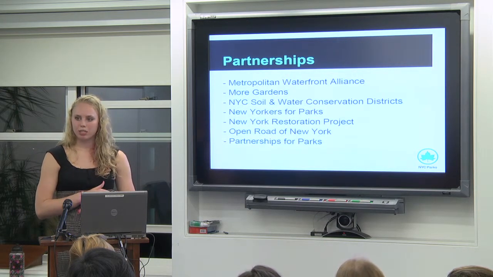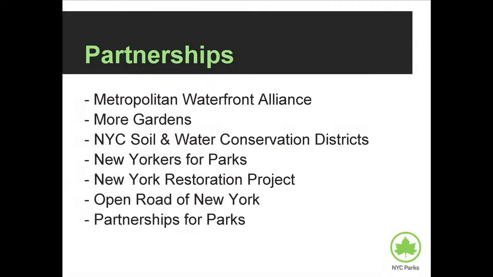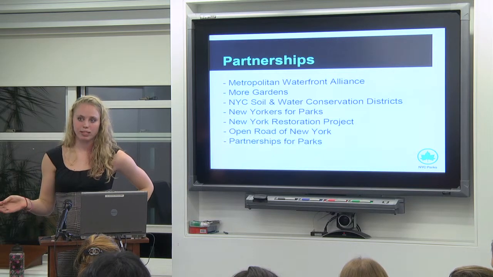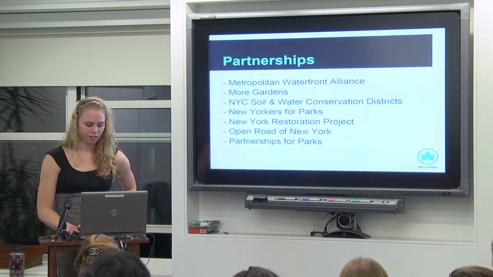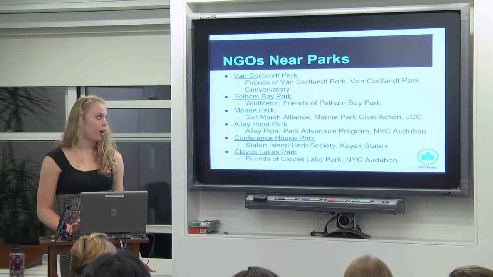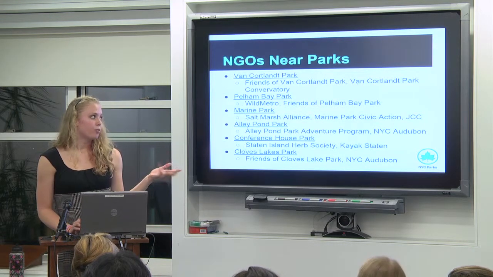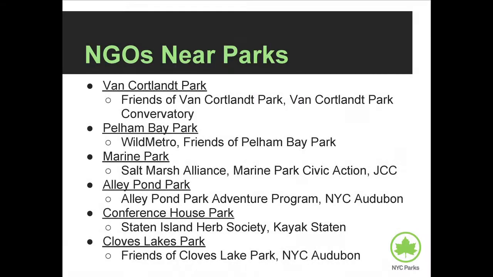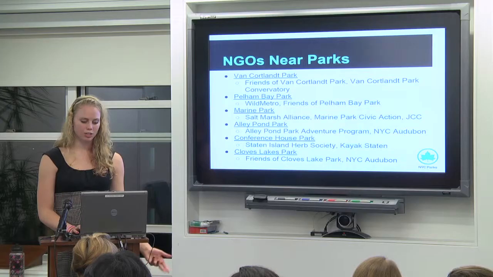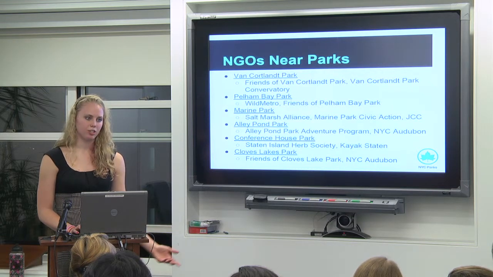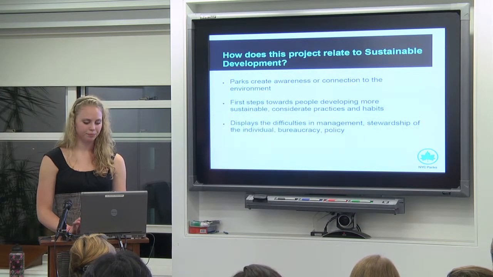Another deliverable we presented was just a list of partnerships. Now, these organizations are just a few of the ones that we focused on. In our final deliverable section, in our final report, we have the names, the descriptions, and contact information so that they can link up with these partnerships in the future. But also, through research, we came up with a bunch of NGOs and little organizations in and around the specific parks of focus. So these are also included in that contact information and that list at the end.